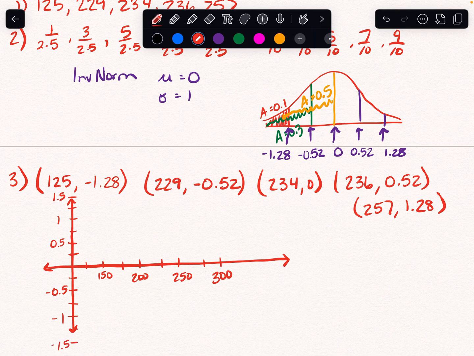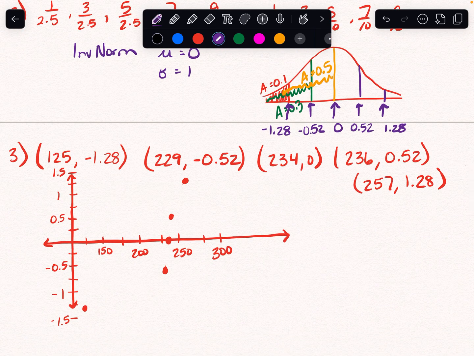Okay, so then graphing this. We have one there, 229, 234, and 257. Oh gosh. Maybe like right there. So okay, if I'm looking at this, I would say this is not normally